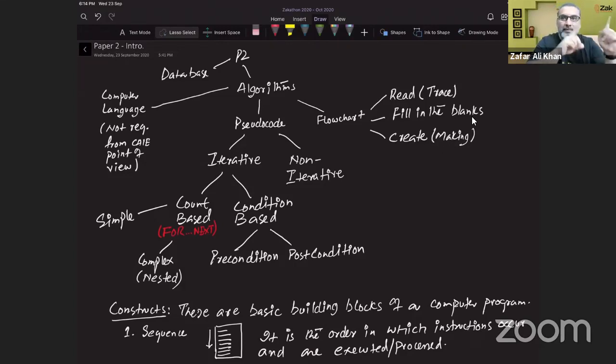Read temperature 10 times a day for 365 days. So I will be keeping a log of 10 temperatures every day for 365 days. So day 1, temperature 1, 2, 3, 4, 5, 6, 7, 8, 9, 10. Day 2, temperature 1, 2, 3, 4, 5, 6, 7, 8, 9, 10. Day 3, temperature 1, 2, 3, 4, 5, 6, 7, 8, 9, 10. So this is